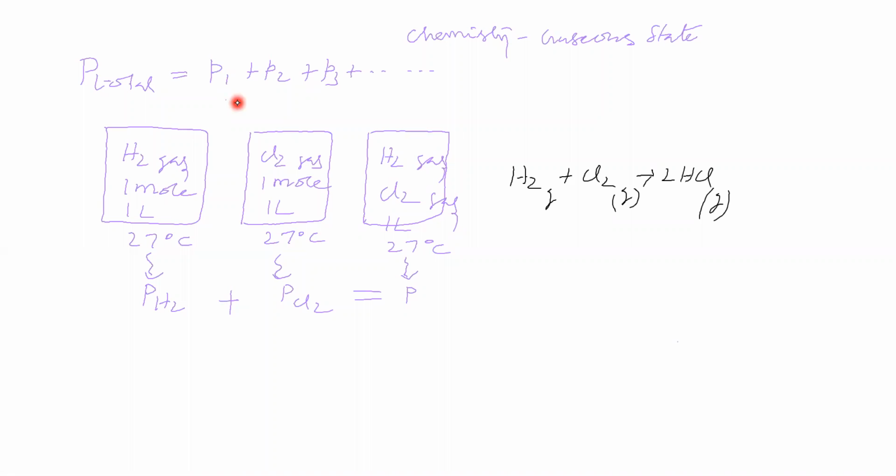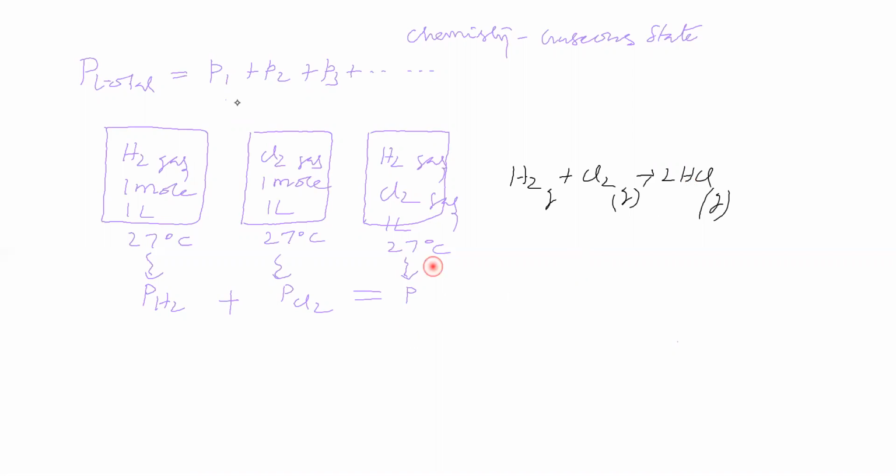So what happens between hydrogen and chlorine? A chemical reaction takes place. Due to the chemical reaction, HCl is produced. So in this vessel, hydrogen chloride is there. Hydrogen chloride is a gas, so that hydrogen chloride existing as a gas here is exerting pressure. That is called the pressure exerted by hydrogen chloride.